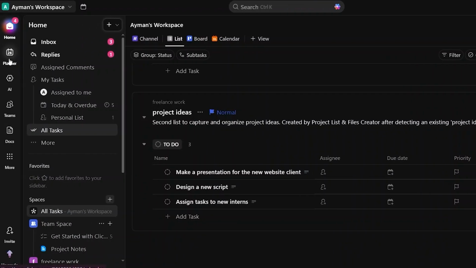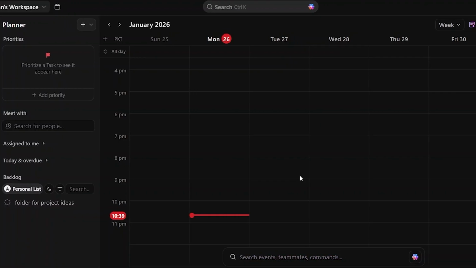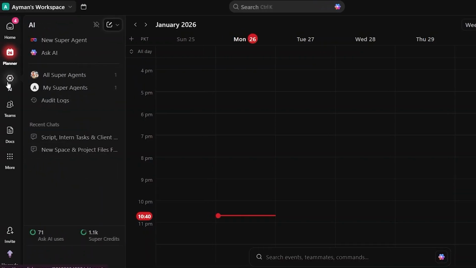You're also going to see a planner in ClickUp, and you can connect this with your Google Calendar and just have your meetings right here. You can also record them, and then later AI can give you notes or just a transcription, also summarize that note for you, which is really useful,